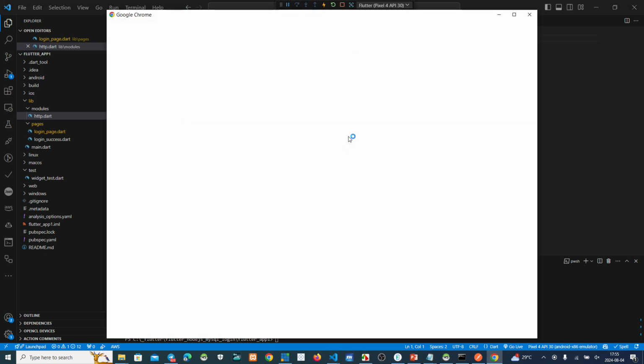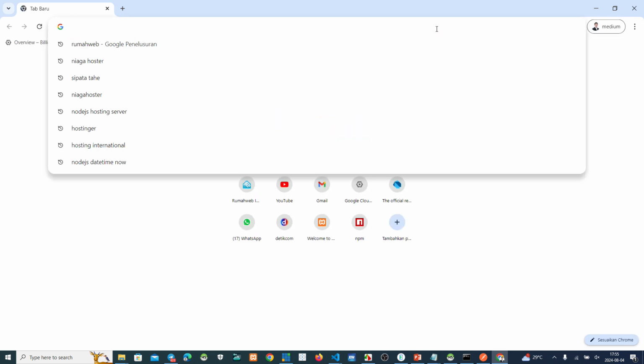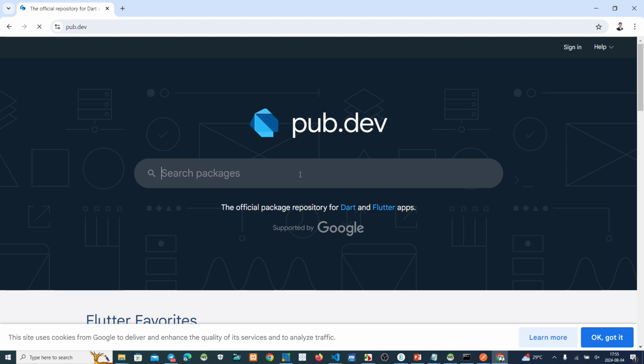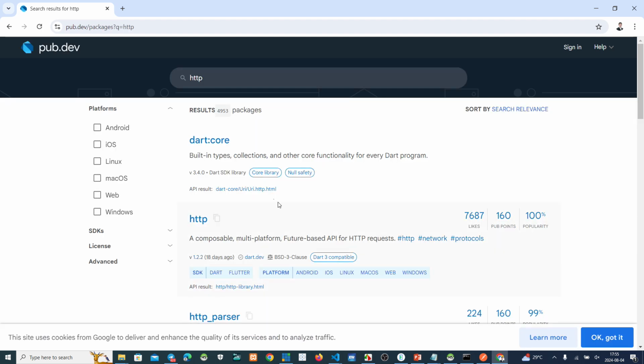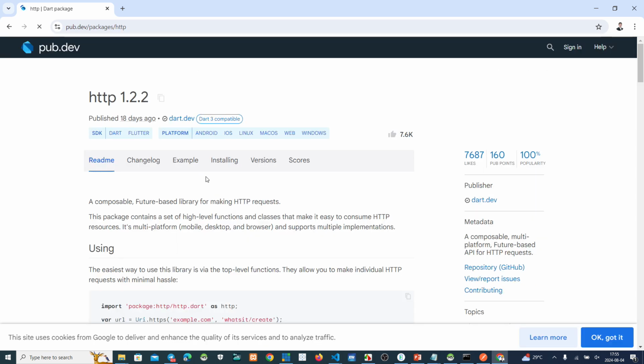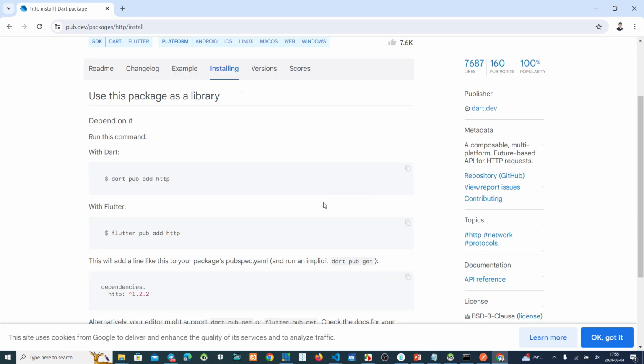Okay, moment please. Pub.dev, Flutter. This one, HTTP. Okay, this HTTP. How to install this?